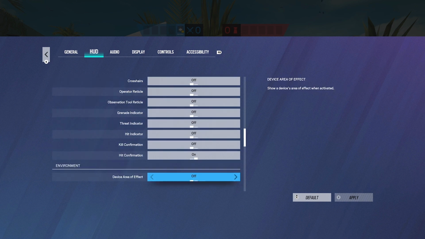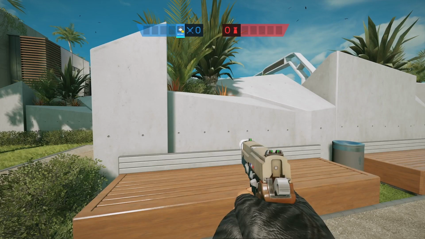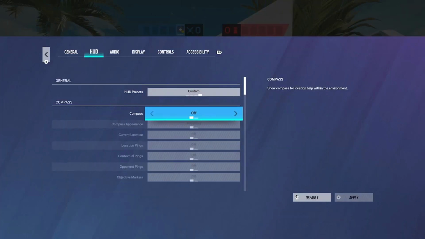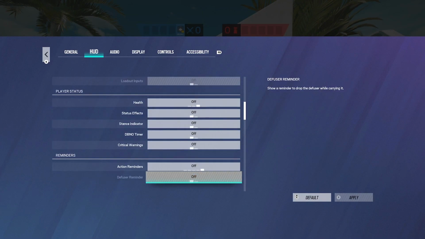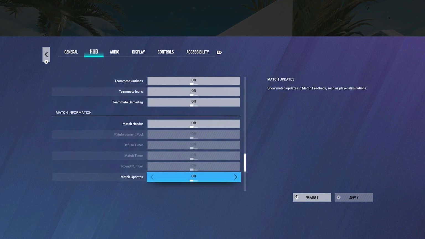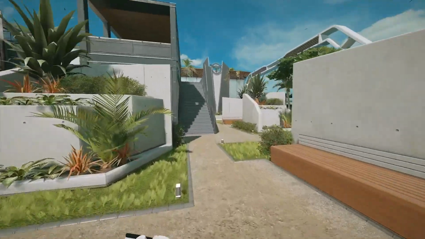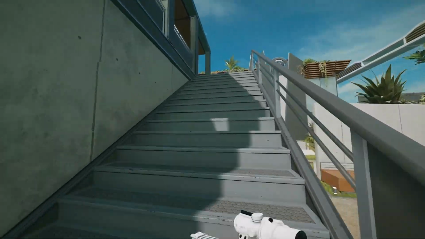The actual thumbnail. And then pick the operator you want, like one with black eyes or a nice skin, weapon, or whatever you want, like a charm. Make sure you pick that operator. And once you've turned off all your HUD settings, pick a map that you want to go on. I preferably like Nighthaven because the lighting on the map is really good, and the lighting does matter when you